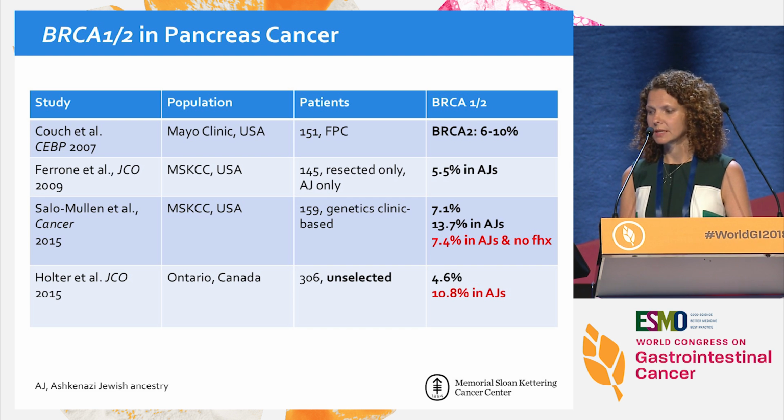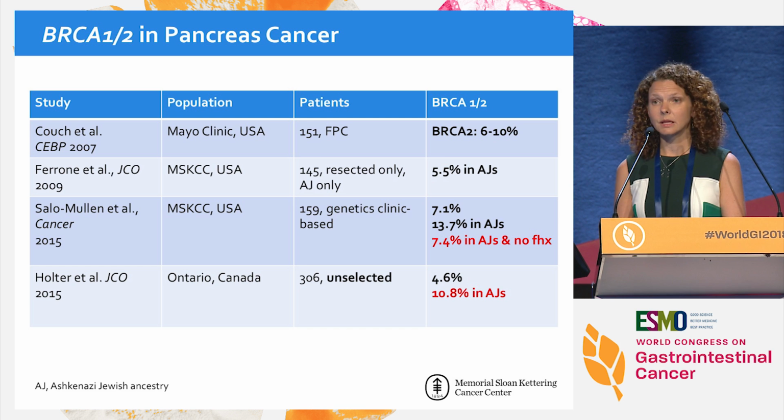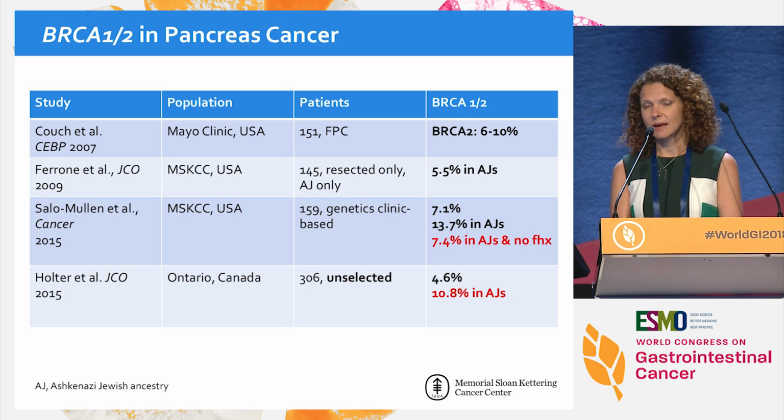higher prevalence of BRCA mutations underwent, who were resected, so it's again a selected cohort, had tissue analysis for the 3 Ashkenazi Jewish founder mutations, identifying a rate of about 5.5%. Our subsequent study looked at a cancer genetics clinic-based population, and we looked at the prevalence of mutations across various genes, finding that about 7.1% of our patients had BRCA mutations in non-AJs versus 13.7% in patients of Ashkenazi Jewish